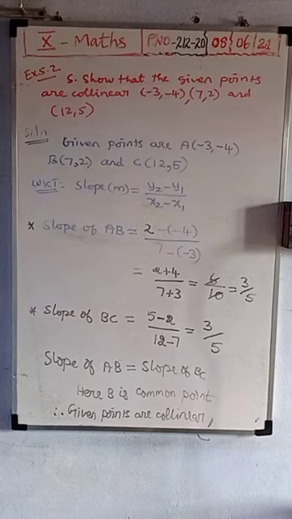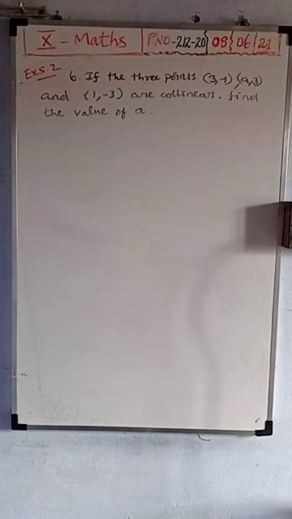Okay, that's all. See the next problem, the sixth one. If three points are collinear, find the value of a. Here also we could use the area of the triangle being 0 and use that formula to get the answer a. But here we are using the concept of slope, which is easier. If the three points are collinear, then any two lines' slopes will be equal: slope of AB equals slope of BC, or else slope of AB equals slope of AC. So choose like that.